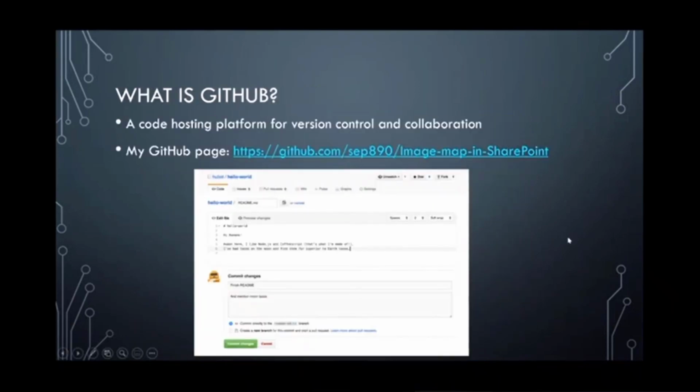So back to where you're going to access my code, I have it hosted on GitHub. If you don't know what GitHub is, that's a code hosting platform for version control and collaboration. I've used this many times for my school projects. There are so many capabilities, like version control and having branches to show who's contributed what. Lots of good stuff. My GitHub username is SCP890, and you can find the code I'm about